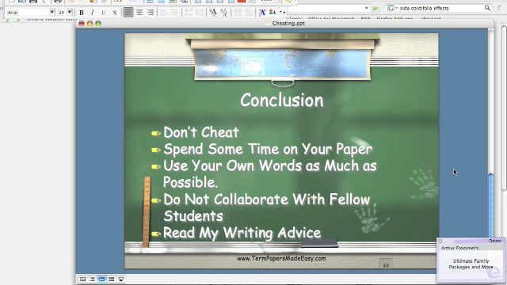To end the briefing, I would say, hey, don't cheat. Take my advice on my term paper site. Use your own words. Take enough time to do that. I'd be careful in collaborating with fellow students. Make sure your student buddies don't take your paper and copy it off and turn it in as their own. And I highly recommend you read my writing advice that you will find at termpaperadvisor.com. Just read it one time. I tried to engineer it so you could remember it.